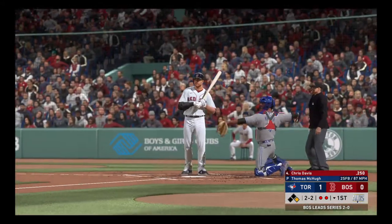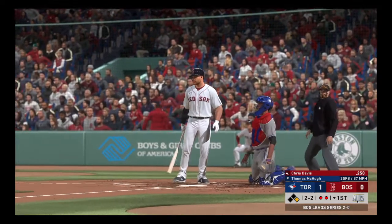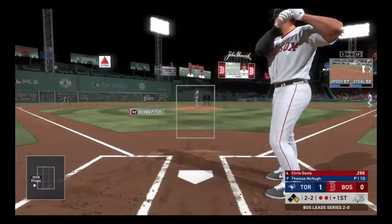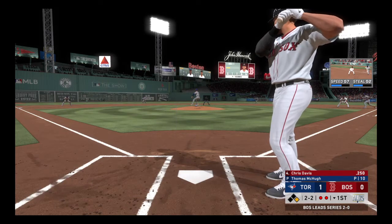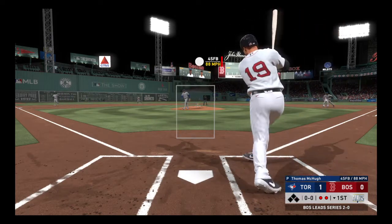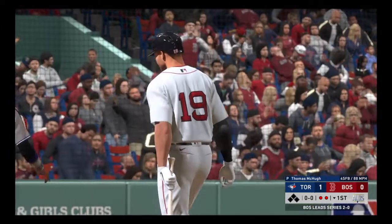Misses, ball 2. Not sure if that was a great take or if he got locked up on a 2-seamer running away, but either way, it worked out well for him. That's a well-thrown pitch, though. A swing and a miss on a ball way outside the strike zone, and the inning is